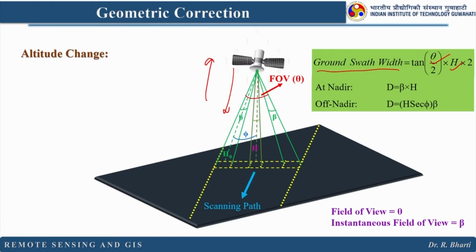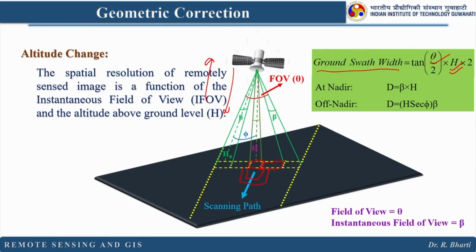But when it is moving up and down, or changing its path, then this h will vary. So, your pixel, which is a representation of the ground,